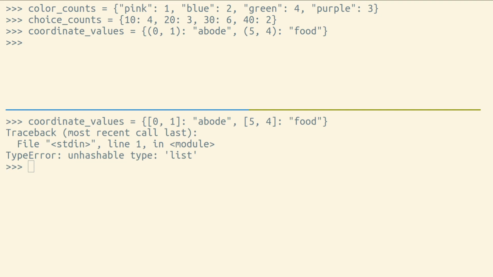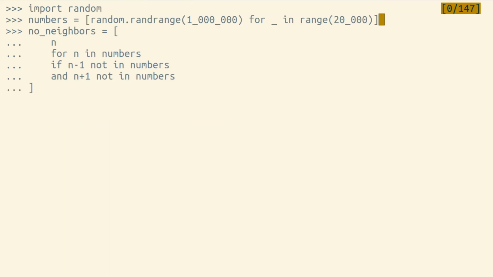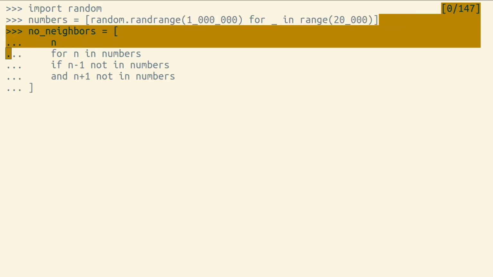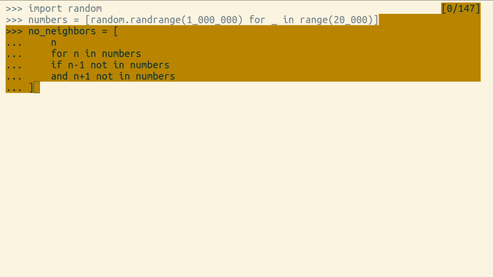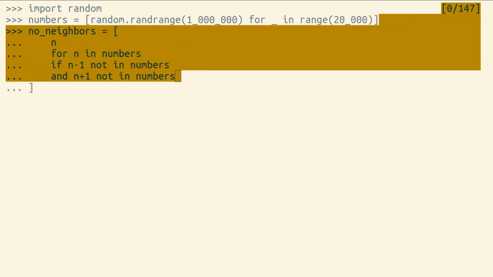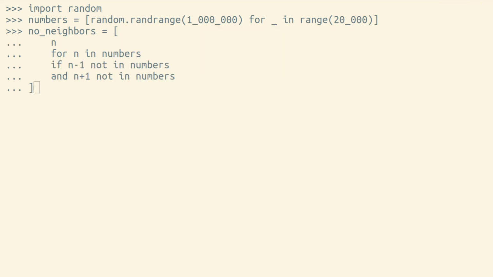Set and dictionary lookups both rely on the hashability of an object to make their containment checks fast. Here we're looping over a list of 20,000 numbers, and we're filtering that list down to just the numbers whose two neighboring numbers are not in the same list. This code takes a while to run, about 10 seconds. The reason is that in-operator lookup requires looping over the whole list to figure out whether that number is in